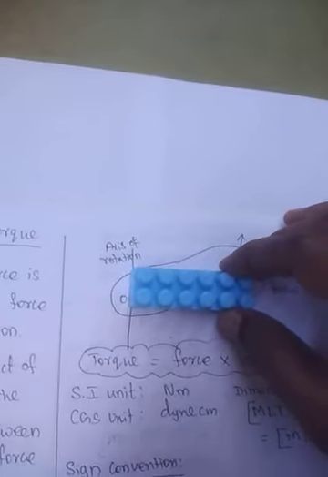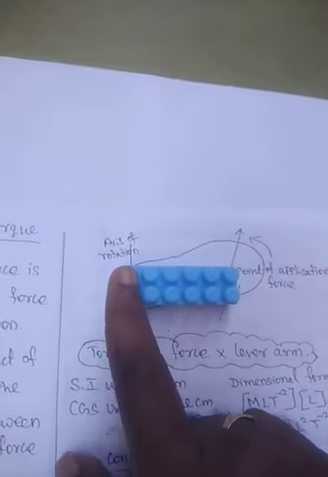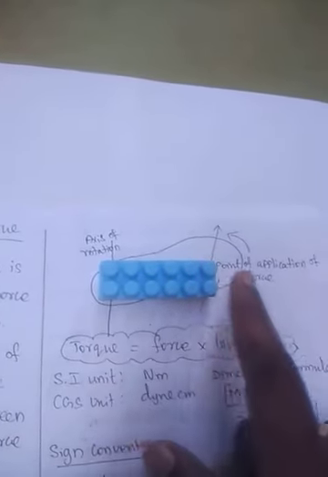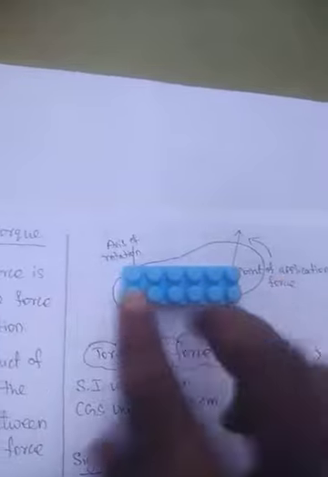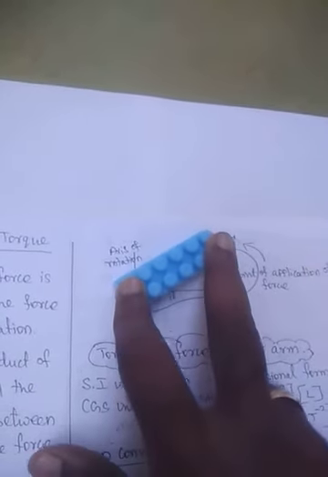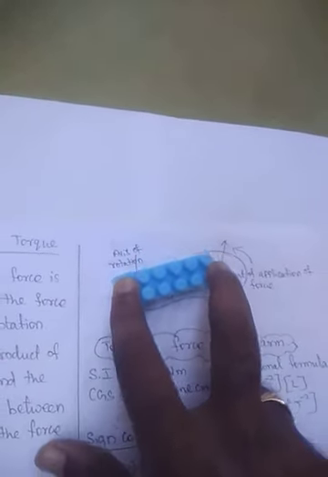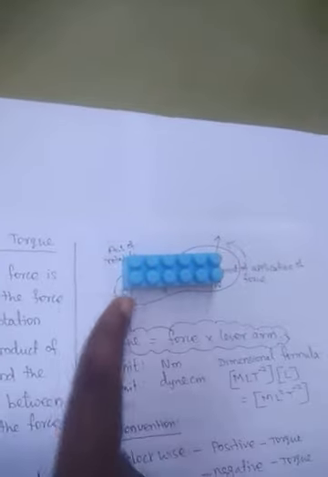So let us see this example. So this is a body. Okay, so we are going to rotate this body about this axis. This is a fixed end, this is a movable end. So if you apply the force, you are able to see this, yes or no? So this is the axis of rotation.